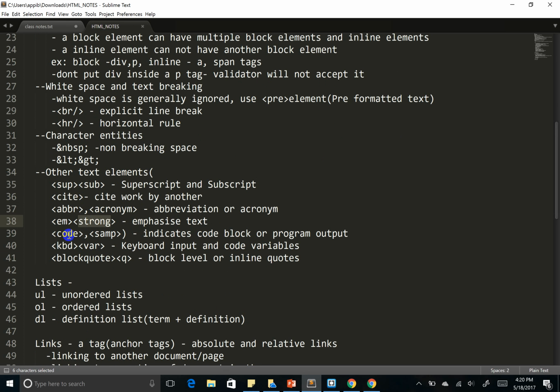If you wanted to show some Java code or .NET code on your browser, you can enclose it inside your code tag. It will retain the formatting and shows a different format. I'll show you that in an example. We also have KBD, your keyboard input tag. Var can be used to define code variables. Blockquote is a block-level quote. Q is another quotation tag. So let's take some of these